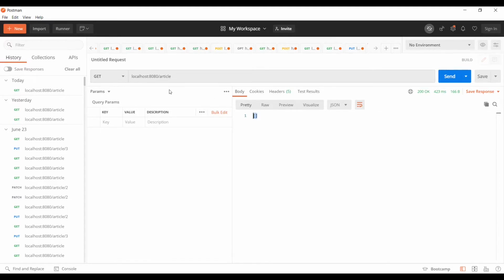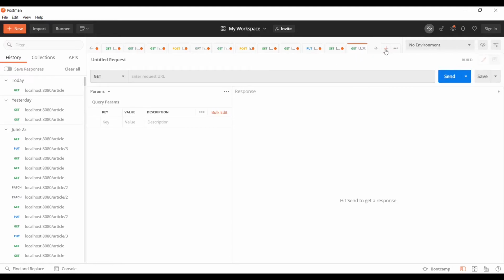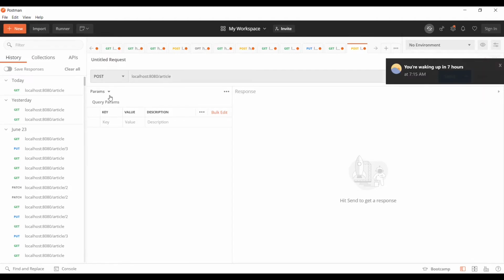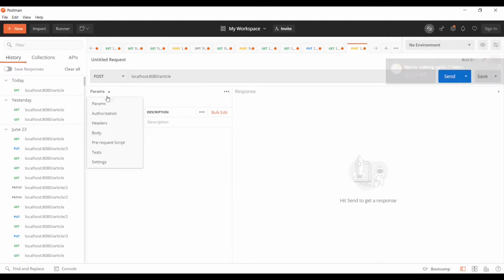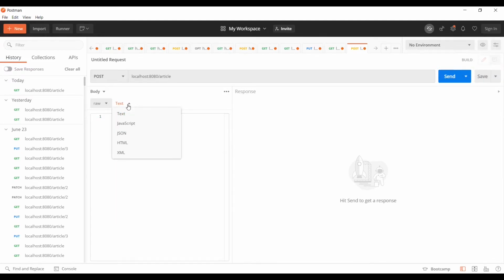So right now it doesn't have any article. So let's post an article and let's see what it gives us. I'll be choosing the post HTTP request, and let's write down the URI. So now we have the URL also. Let's write down the final thing, which is the request body. We'll be selecting JSON as a payload. So let me quickly add the few attributes that we had: title, description, and name.